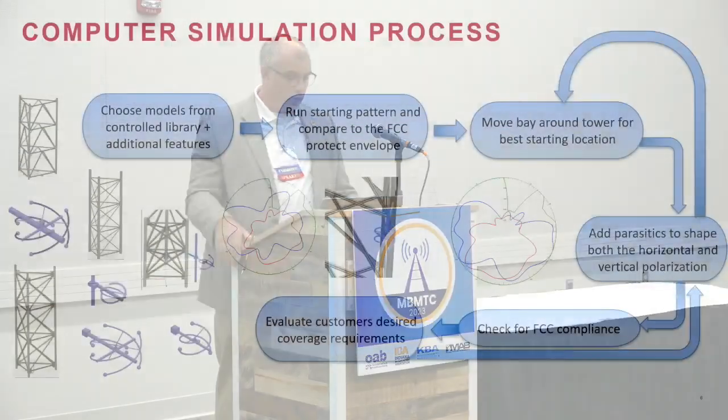And some of the steps are still the same, right? So you still need to choose a model that you're going to use. Now we're choosing them, though, from a library of files, not from a container out back that's got different tower models in it. We choose from that library a different tower section. We add different features, like my customer's elevator shaft and his transmission lines and lighting conduits and climbing ladders and all those different features of the structure. And then we add a radiating element in what we think is a good orientation, right?